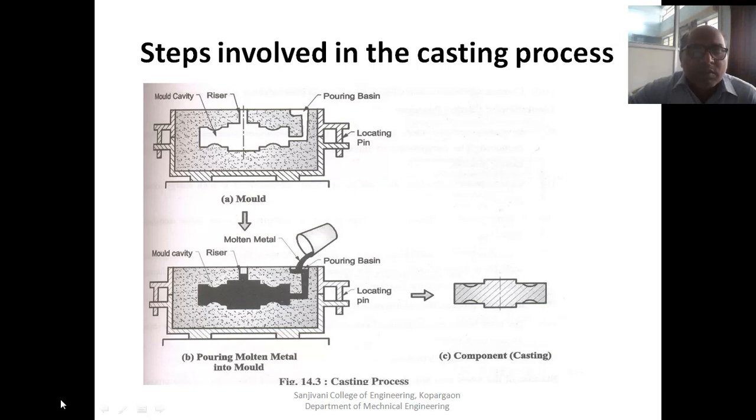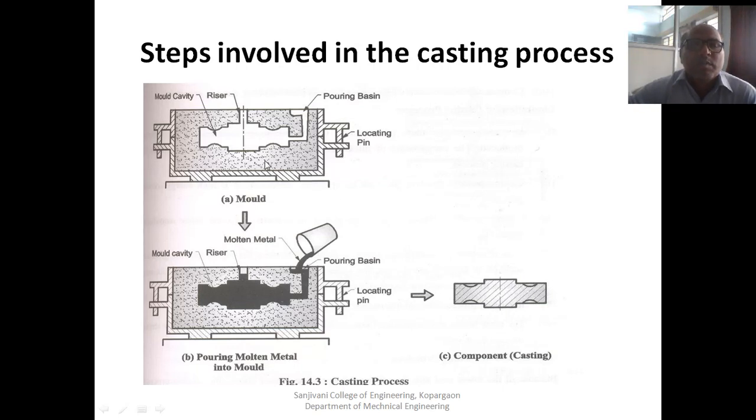Okay, what is this? This is the molding sand. Okay, this cavity is after removing the pattern. Okay, this is the riser. Riser means what happens? When we pour the molten metal over here, the riser is the opening directly to the open air. So when we pour, when the material comes out, you can see that the mold cavity is totally filled. So after filling the total mold cavity, what happens? We will wait for some time and it will solidify. And the solidified component, this is a casting, will be removed. These are the steps. Okay.